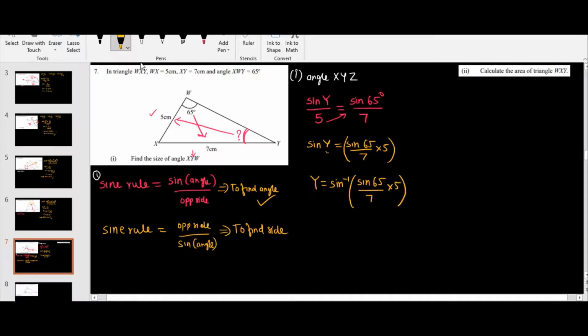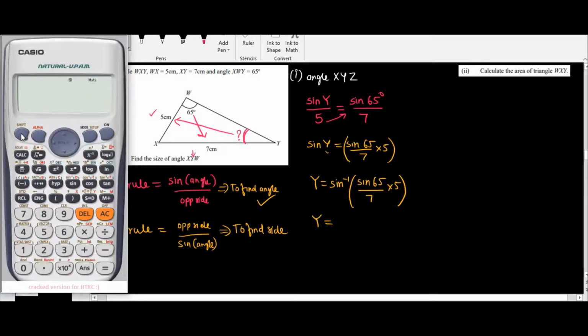Why I don't suggest you find the answer first is because if you find the answer first, then obviously in the scientific calculator you will get many decimal points. It is not a complete whole number where there are only 2 or 3 decimal points. There are more, so there may be some error in your answer. So better you just write the bracket and then you can get the answer directly. I will show you how to use a calculator here.